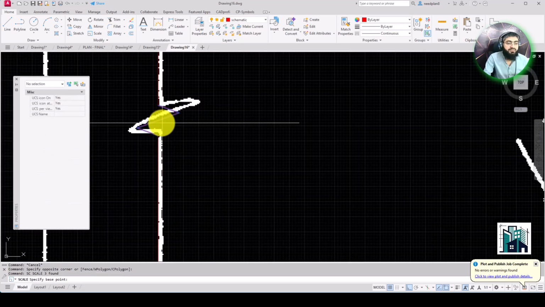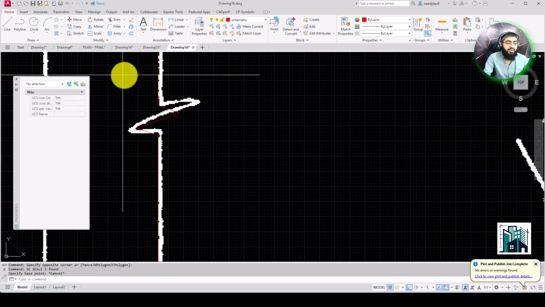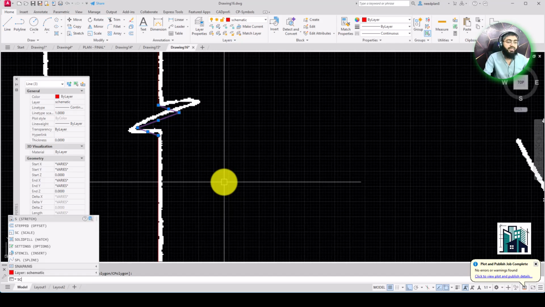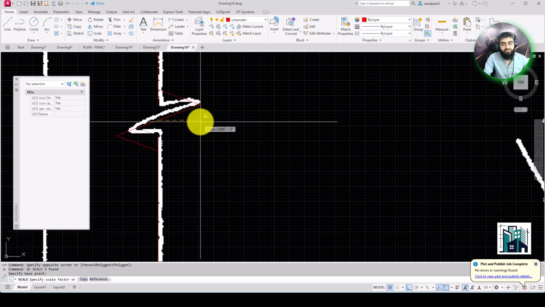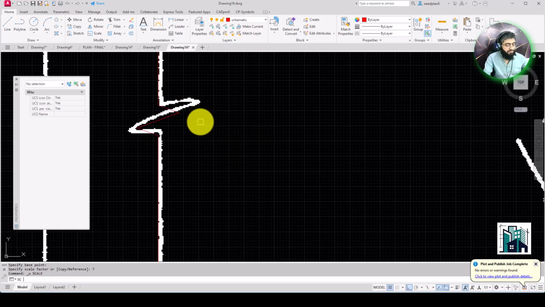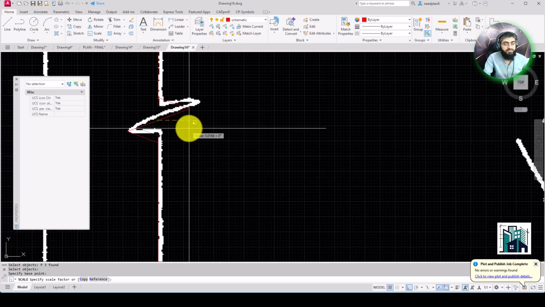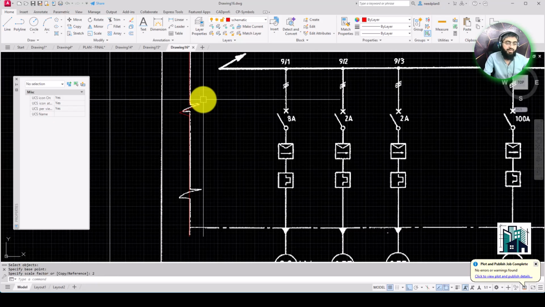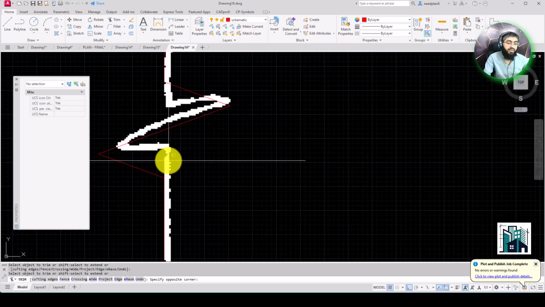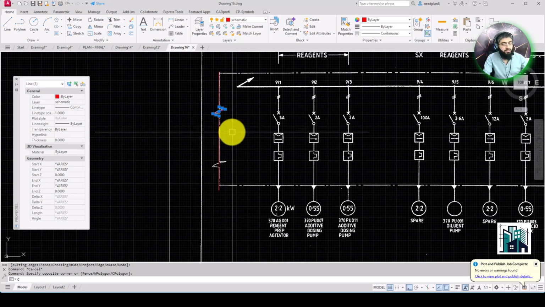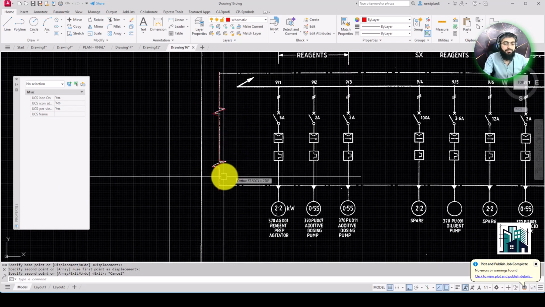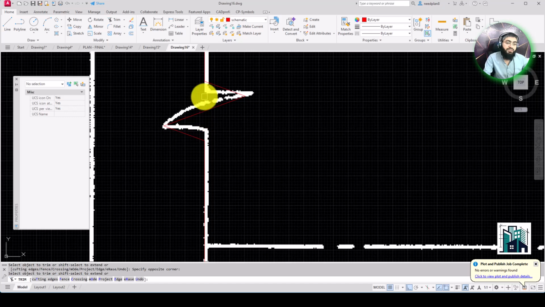If you want to increase the size of this, just select this object and then enter SC, and then click the middle of it, and then increase the size. Okay, not 7, increase the size of this 2 times higher than what you have, and then move, copy this from here, and then here, and then trim this line.